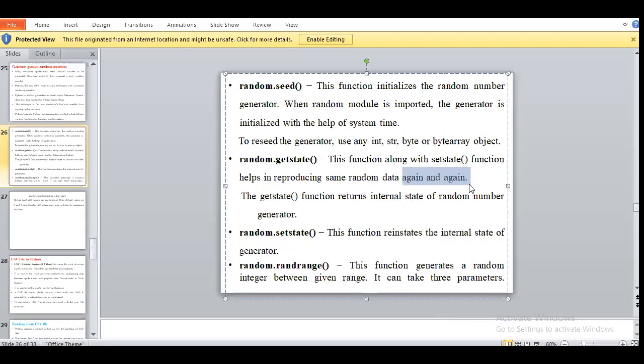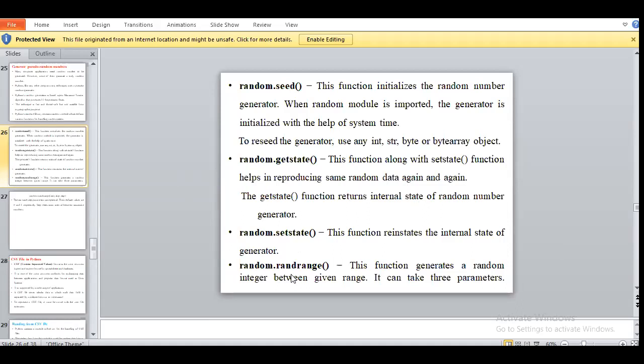Consider the example of solving a puzzle, or pseudocode. The rules of that puzzle are that the same row, the same column, or diagonal elements must not repeat. If we write the same element in the same row or column, it is not acceptable and it generates an error, or our puzzle will be wrong. So we are putting values again and again, and for that we are using the get state and set state methods.